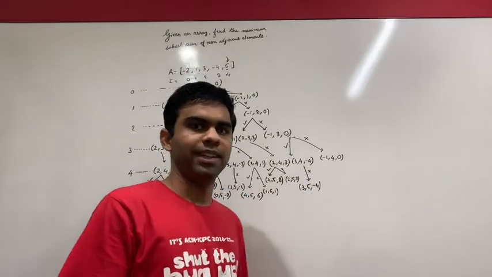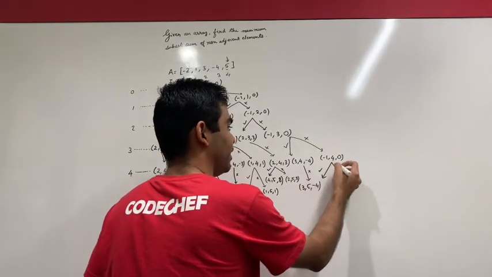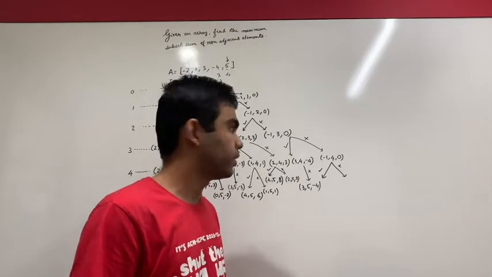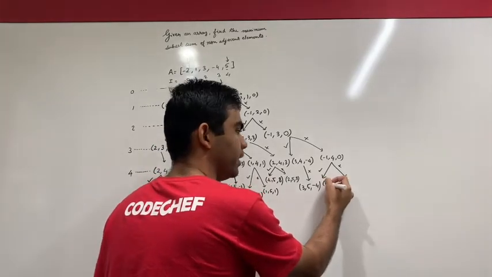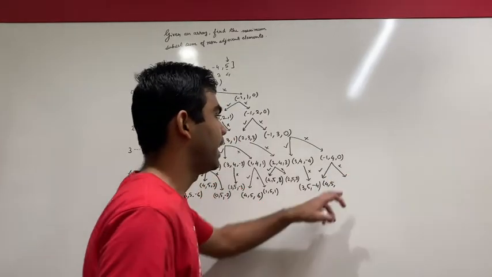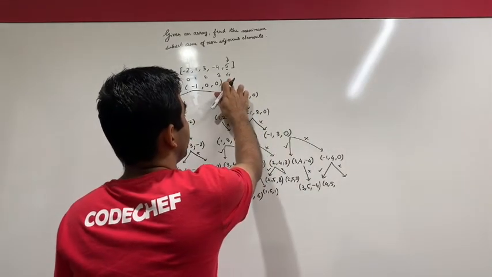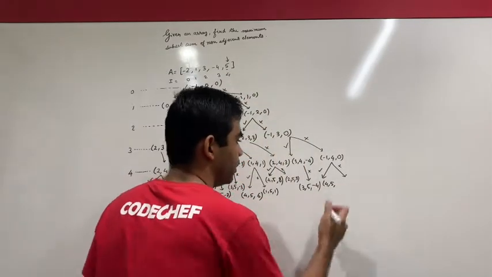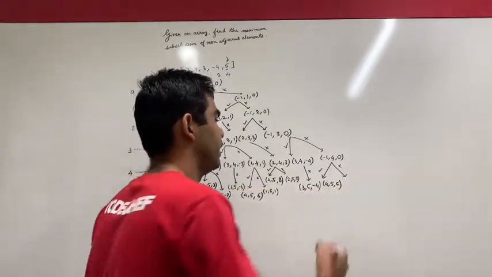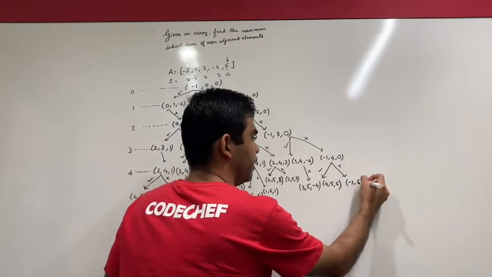And for the last node, I have again the two conditions, accept and reject. So I choose the element at index 4. So my last taken index will be 4. My current index will be 5, and I'll add the sum with the value at the index equal to 4, which is 5. So my sum becomes 5. And if I reject it, then my sum will remain as 0.